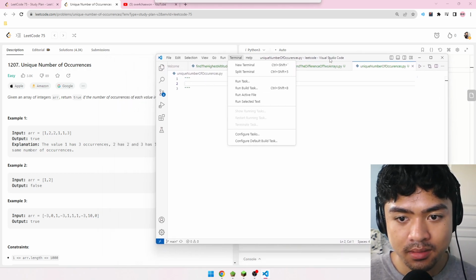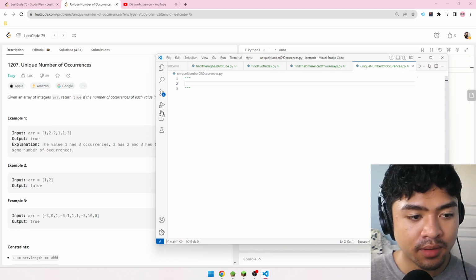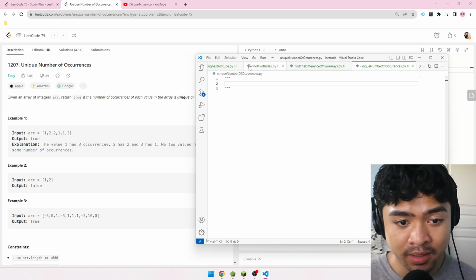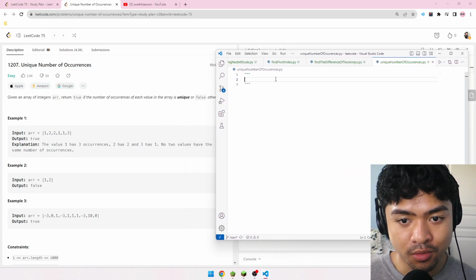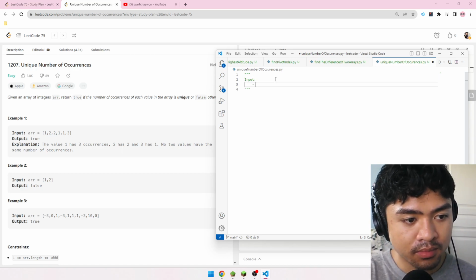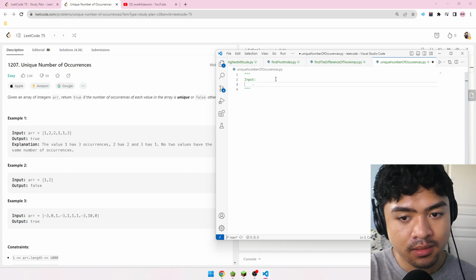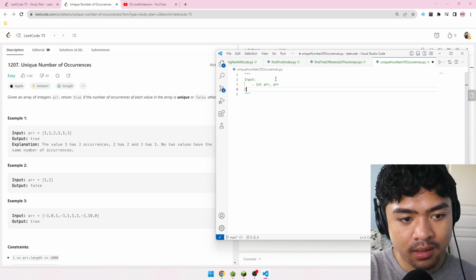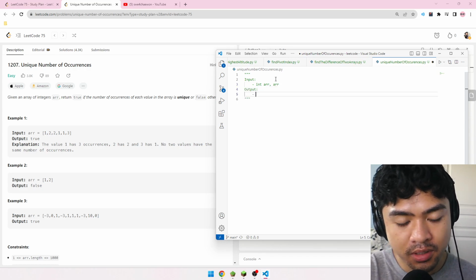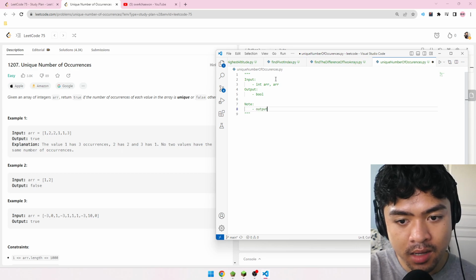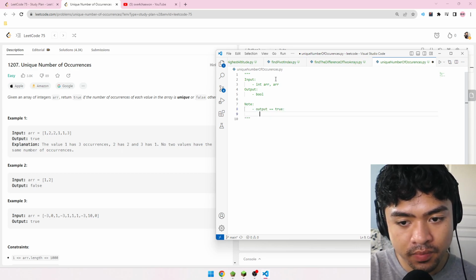So the problem states, given an array of integers named array, return true if the number of occurrences of each value is unique or false otherwise. To go through it again, for our input, we're given an int array named array or arr. And then in general, we're going to return a bool. And then we can note that output is equal to true when